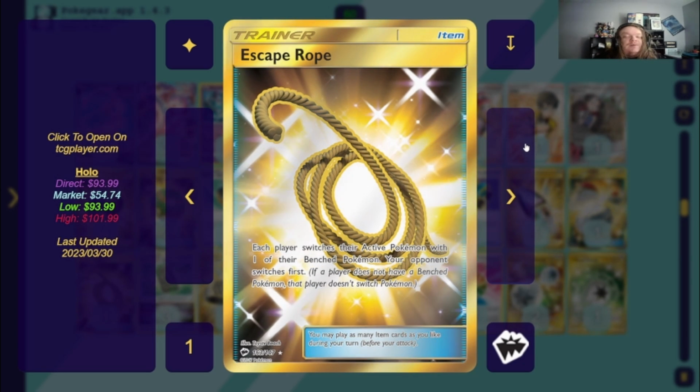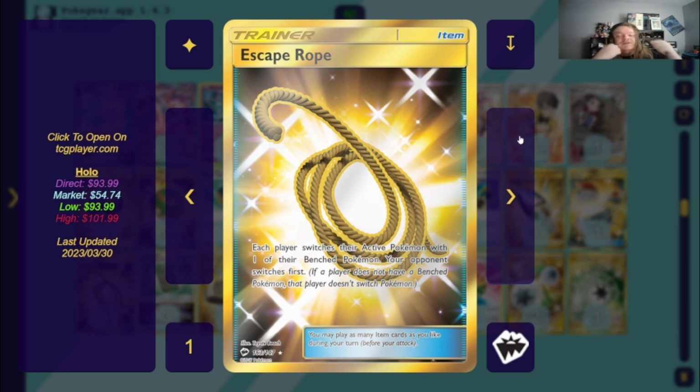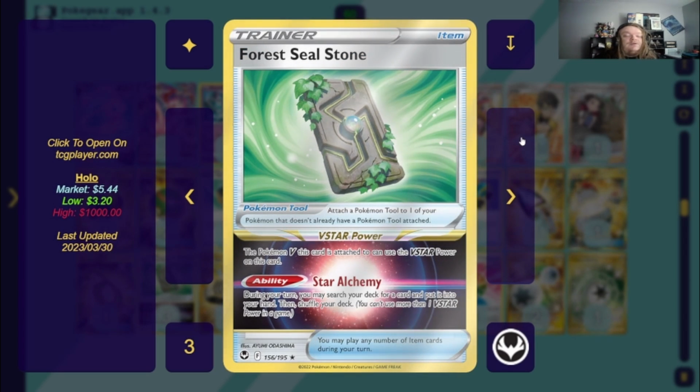No Pokemon in play, basic Pokemon in play has an ability. Escape Rope is really good. If they get 2 Klefki, that's okay, because we'll talk about how we can get around that in a second. Then you got the 3/4 Seal Stone, because Mew last set, when they released Silver Tempest, said, you know